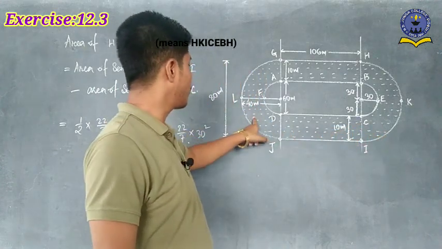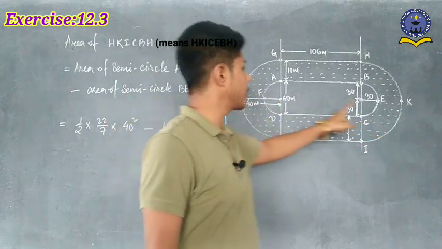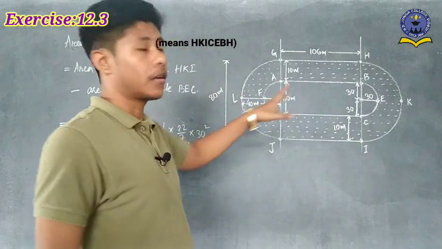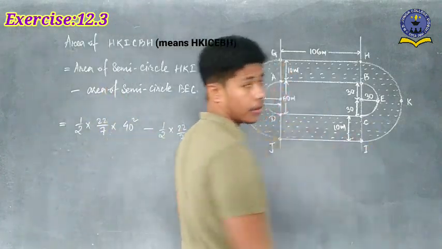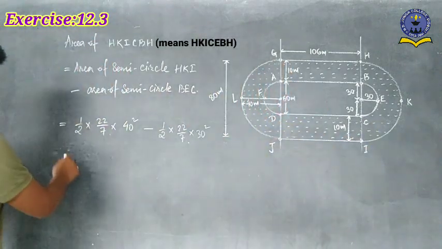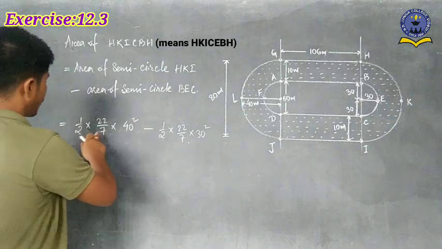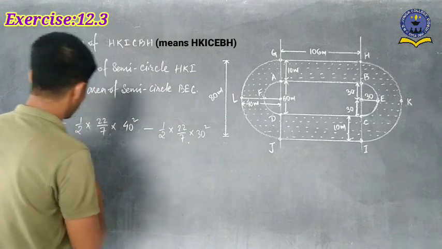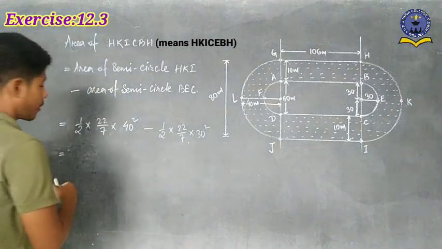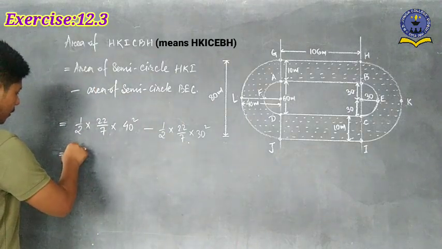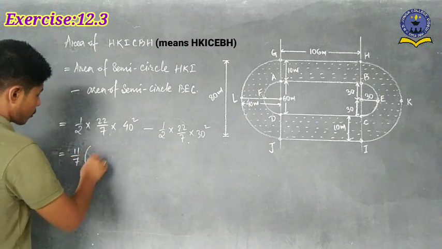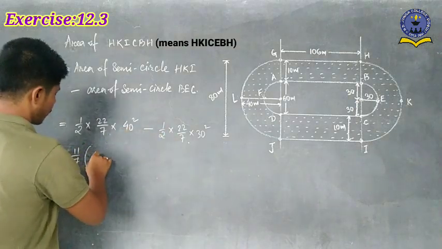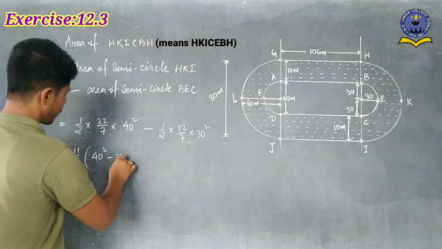And this type of one more part is there. So if we multiply it by 2, then we get the area of these two portions. Is it clear? So if we calculate these two, now let's see here what we get. Half cancel with 22, that means 11 by 7. So this one is 11 by 7 is common. So 40 square minus 30 square we write.